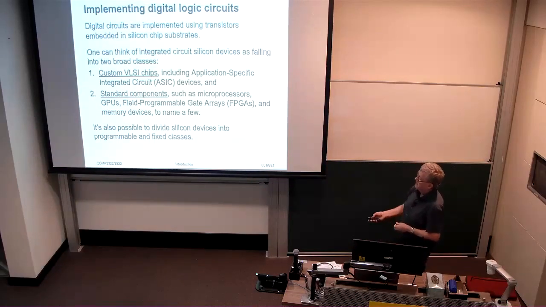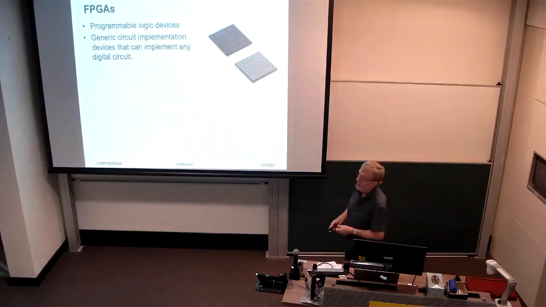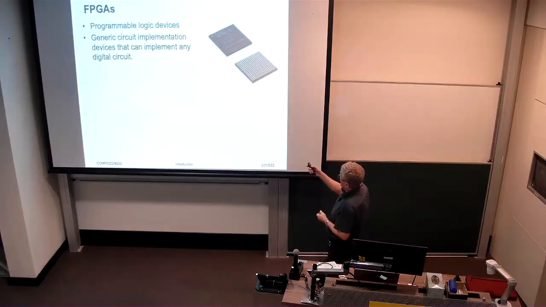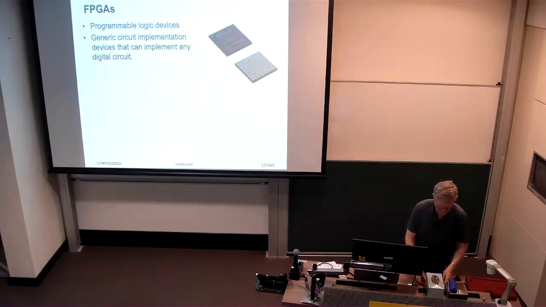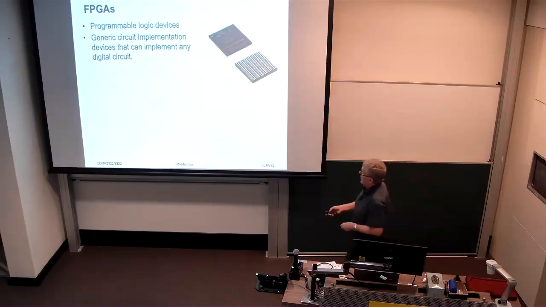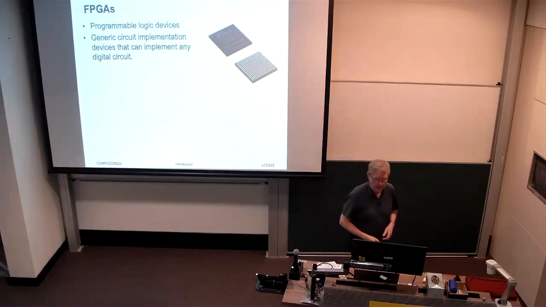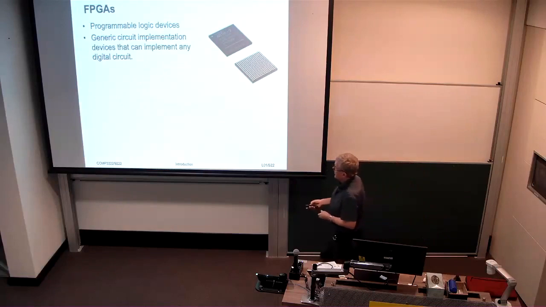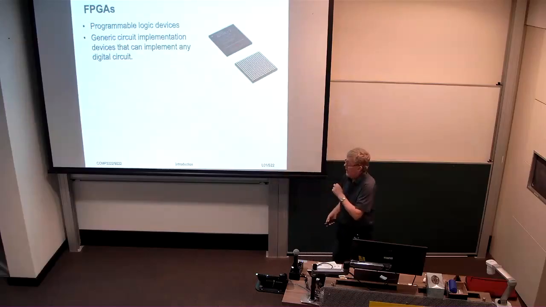All right, so we're going to talk a little bit about field programmable gate arrays because that's what you're going to be using in the lab. And in fact, this is the chip that you'll be using, an Artix-7 from Xilinx, which is now a company owned by AMD. And it has a ball grid array on the base that allows it to be wired into a circuit board. These FPGAs are programmable, and I'll show you how. They can essentially implement any digital circuit that will fit within the device.